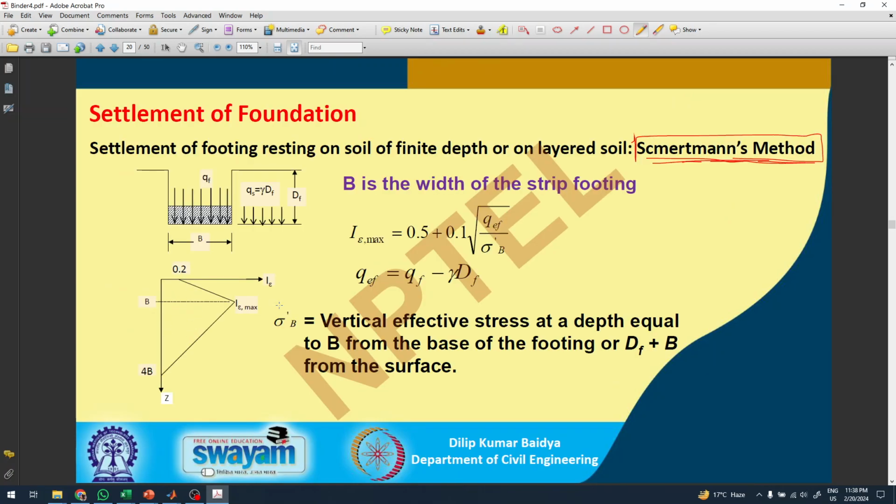This is the diagram that we get. This is the I max that we get. Okay, so if we have a layer here, here, here, and we have a maximum